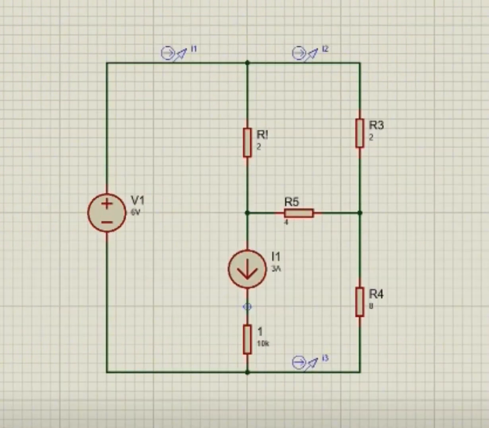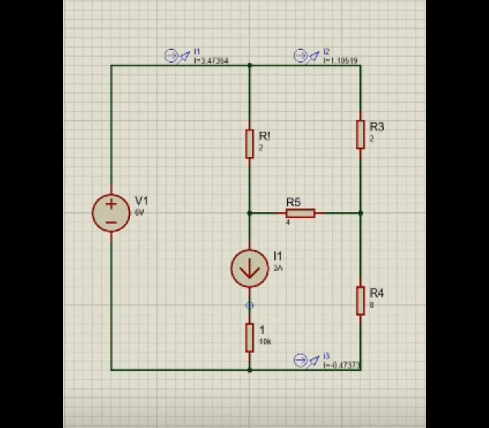Next slide, we see our new circuit, which has one voltage source, 5 resistors and one current source. In this we have to find the currents across our three nodes. Firstly we calculate it mathematically, and then we have to show whether our answers are correct or not. Now if we run it on Proteus, we will see that we get three answers across node 1, node 2